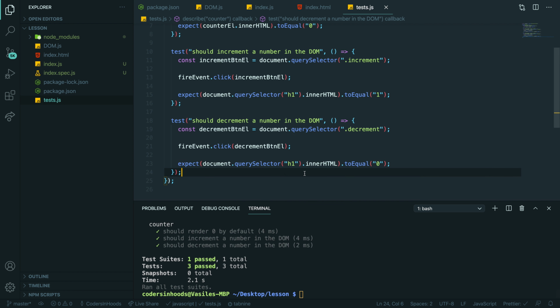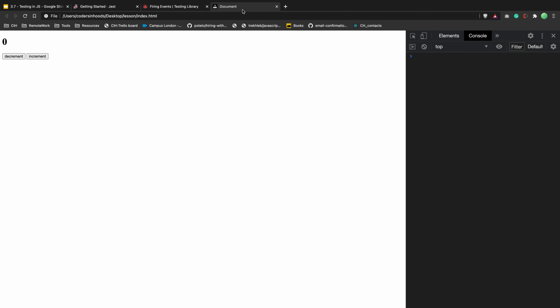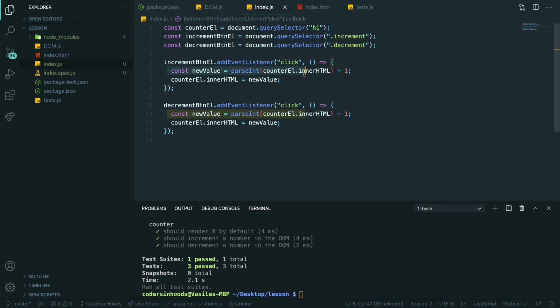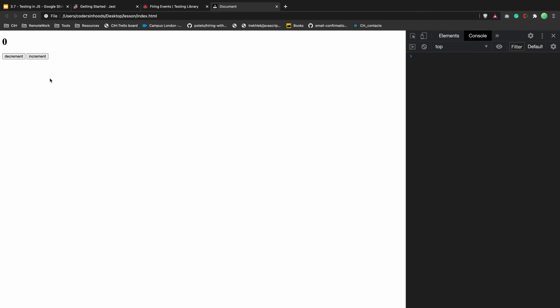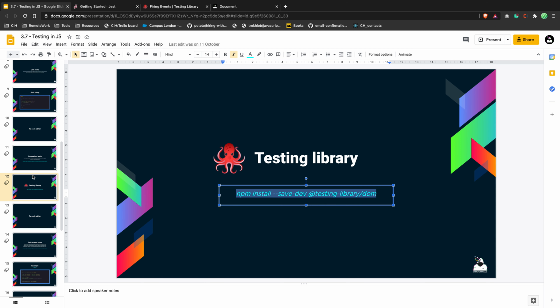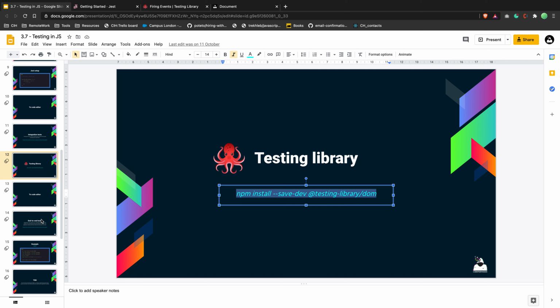The changes in the view, in the HTML, basically in the browser, right? So you care about this one, not about what's going on inside your function, inside the callback, inside the click. You don't really care about this. You care about the views, the browser. So this is integration tests. And yeah, any questions on this one?